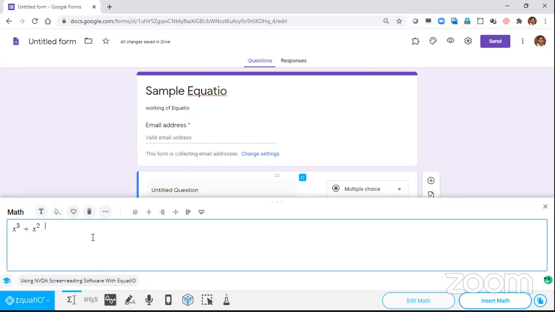Just click that. Let's come down. I have to, because I'm in this superscript, right? I have to come down. So click the down arrow. Down arrow, it will take me down. X cube plus x square plus 5x plus 1. Something like that. You want to solve this, okay?